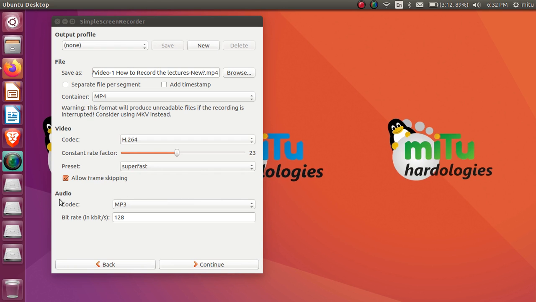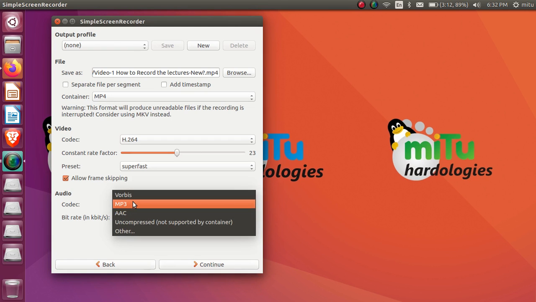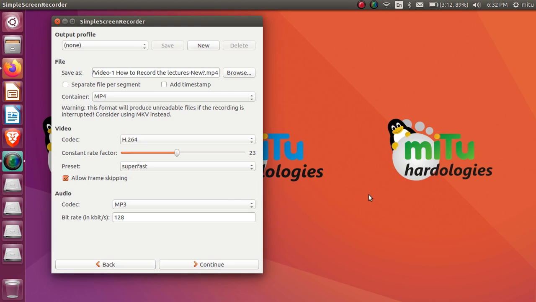And in case of audio format, when I'm choosing MP4 format for video, I've chosen MP3 format for the audio. We can make use of others too, like Vorbis format and AAC. AAC is also one of the great formats used to store audio. But as we are comfortable and familiar with MP3, we can make use of MP3 here also. So MP3 audio will be connected to your MP4 file, and the bit rate for audio is 128. So remember, 128 is the average bit rate for the audio.